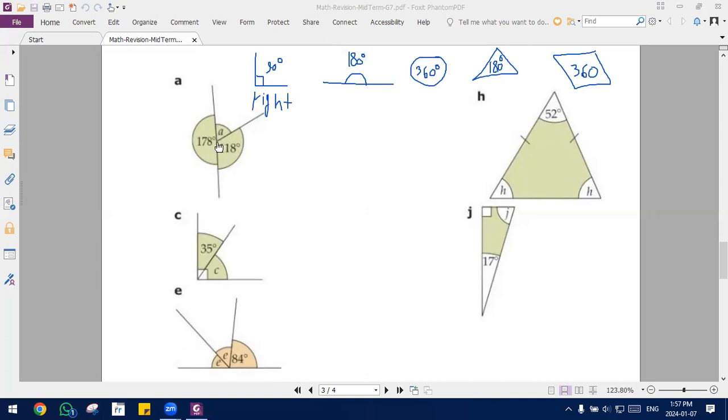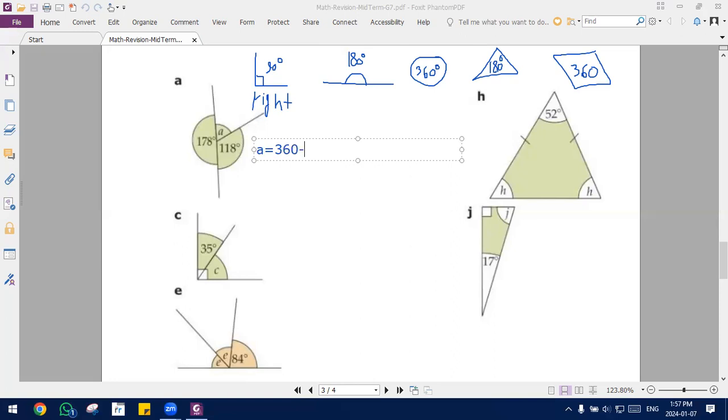Now here in this question, I have 178, 118, and A. They asked me to find the missing value, A. First, we look at the shape in general. Is it a straight line? Is it a circle? Is it a triangle? What is it? We have a circle. All these angles together will make a circle. So now I know their total. Their total is 360. So we say A is equal to